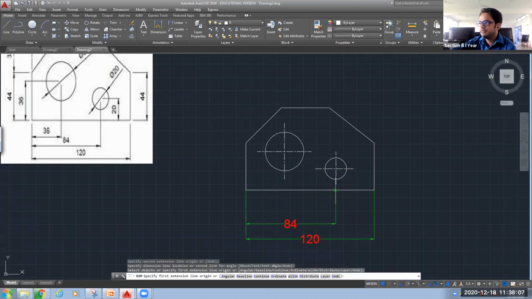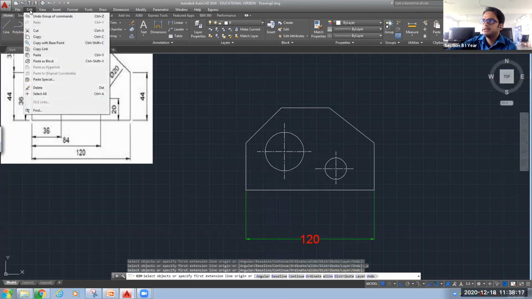Okay, here we don't have any points, so directly what we have done here, if you will pay attention, Control Z is the shortcut for undo, or you can go from here, edit, and undo will be here. Yeah, undo the group of commands. And the shortcut key is your Control Z, as we do in our Microsoft Office or any other application.